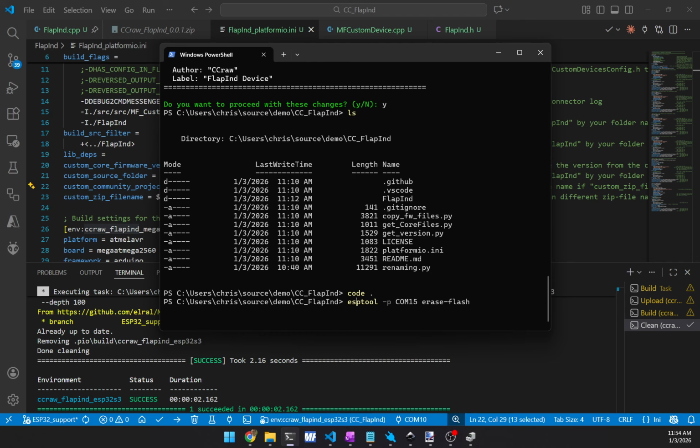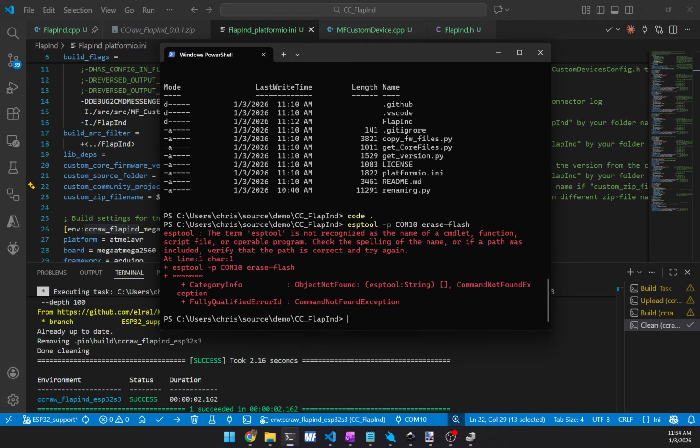And so let's talk about this. I've got ESP tool, port, and this is key. Let's change this to a 10. So ESP tool -P COM10 erase the flash. Oh, come on. Let me figure out why my ESP tool isn't working. Oh, probably maybe because I got to run it. Do I have to run this? Maybe I've got to run this from